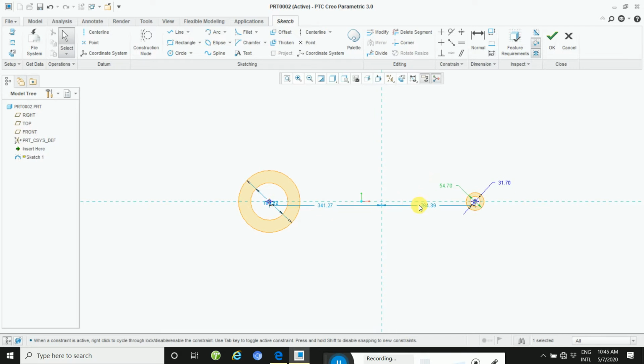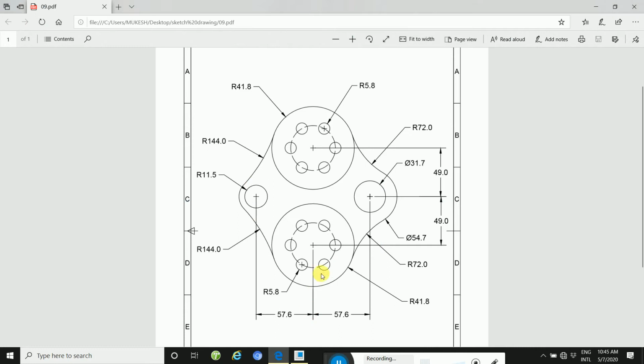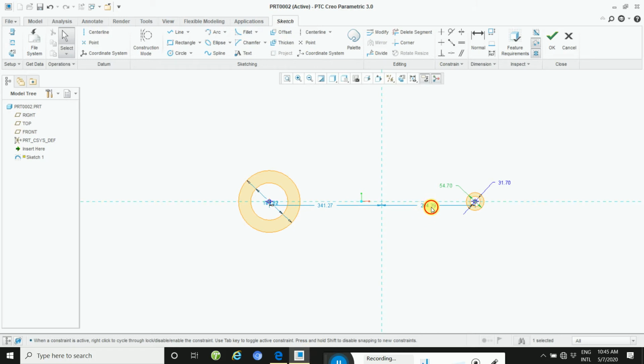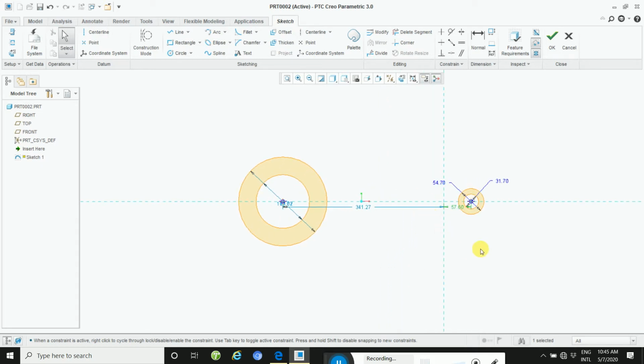And then this is the circle to circle distance, 57.6. See this here, 57.6 center to center distance. So take 57.6, this distance is 57.6. And then define this circle.